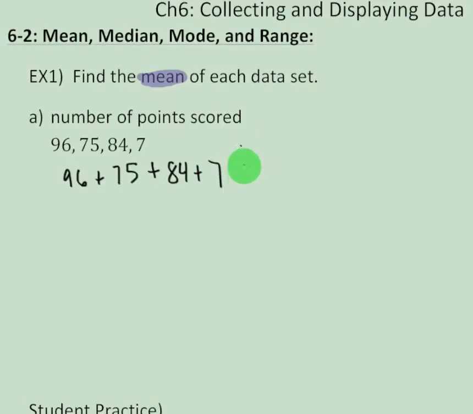When I add all of those up, I get 262. So to find the mean, we add all these values up, just like we did here, and divide it by the total number of items in the set. There are 1, 2, 3, 4 numbers in this set. So I take 262 and divide it by 4. We end up with